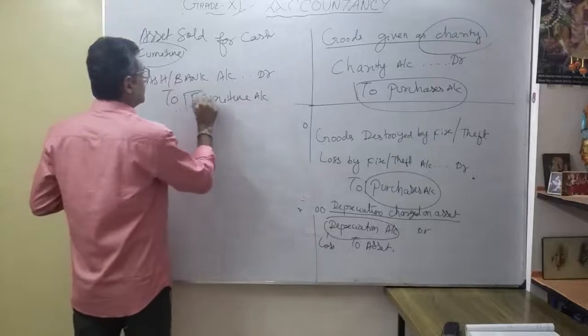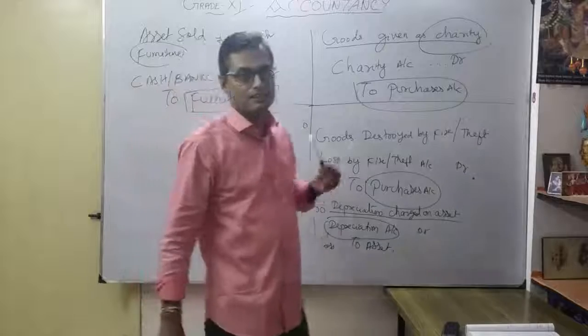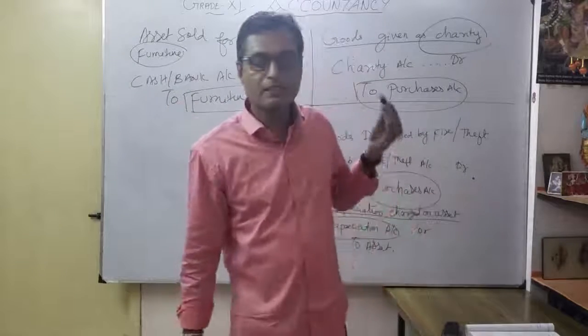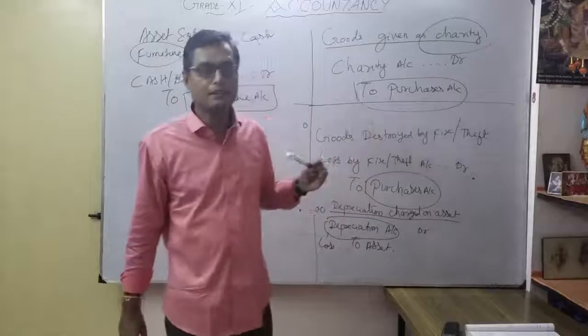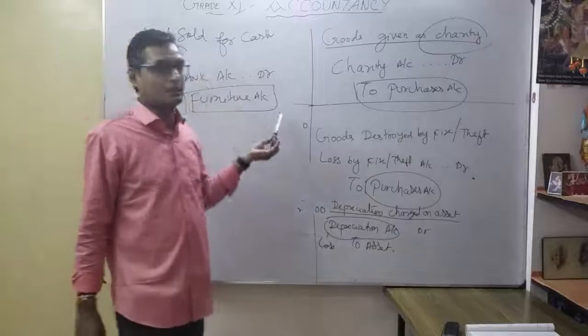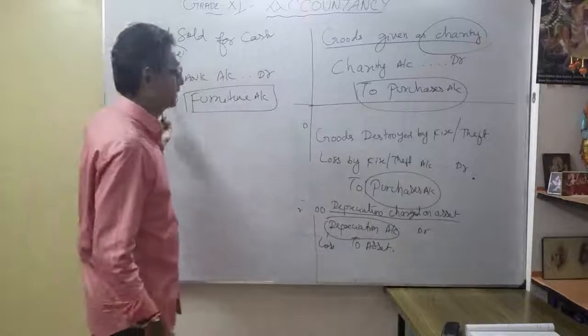That's why I am crediting the furniture account. It is an asset. Now, what happened? It went out. Sold. Okay, the asset goes out. That's a real account. Debit what comes in, credit what goes out. So both come under real asset. Understood? That's the asset sold for cash, as an example here.